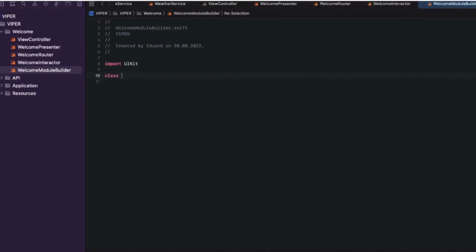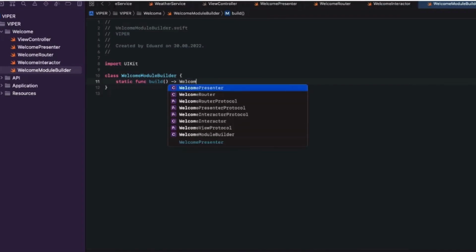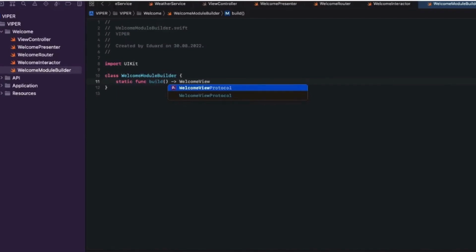Then I am creating a class with the name welcome module builder and creating a static function build, and inside I am creating an interactor